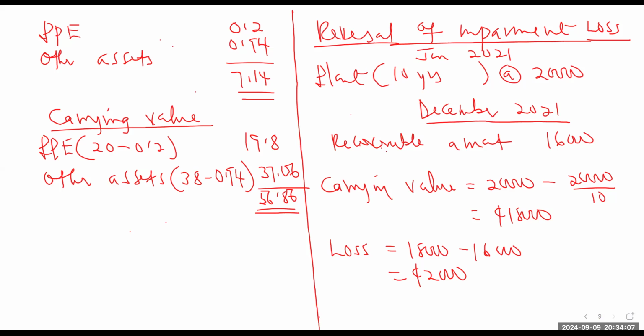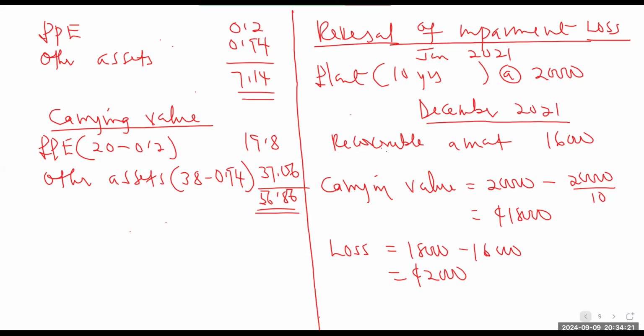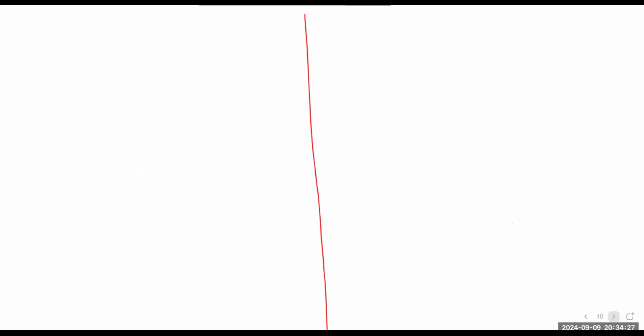So the useful life is 9 in total. We have used one already, remaining 8 years, so that we can get an actual figure. So we have used this asset for an additional 2 years, 2022 and 2023. So let's say that at the end of 2023,